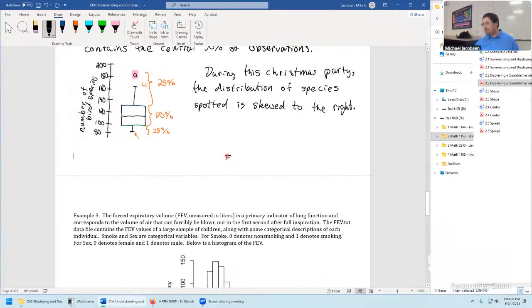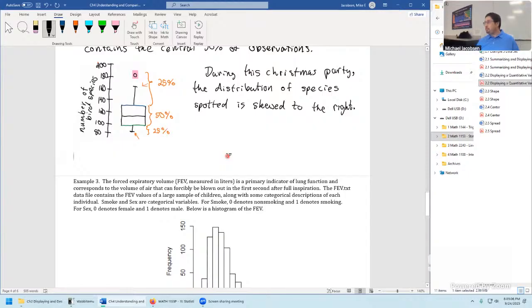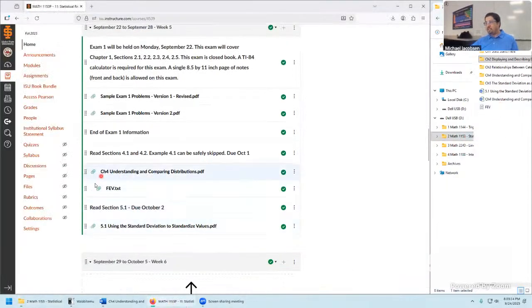So here's our example 3. This example 3 also contains data called, I think I have it on my thumb drive, FEV. You can find it on the Canvas page, this weird text document, fev.txt. We've done data before where it's been an Excel document, but I want to give you a feel for what a larger data set might really be formatted like. It'd be something like this one. So here's the FEV data.